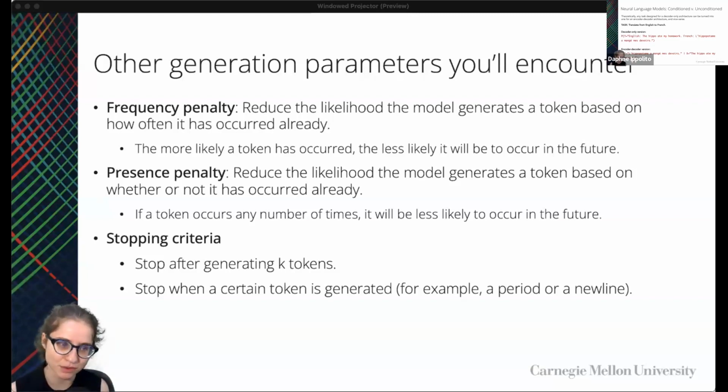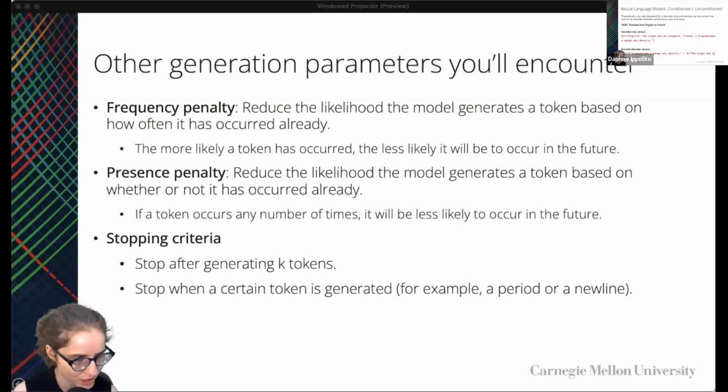And as I said before, the bigger and better your model is, the less you might need these to generate high quality text. You'll also encounter stopping criteria. This is something that we haven't actually talked about: how do you stop generating? You could just say generate 100 tokens, but if you do, you might stop generating in the middle of a word even, because we're using subword tokenization. And so you might want a better stopping criteria than just generating K tokens and stopping. You could do things like generate until you hit a period or generate until you hit a new line. And this is something that you can configure typically when you're calling into these APIs that generate text from